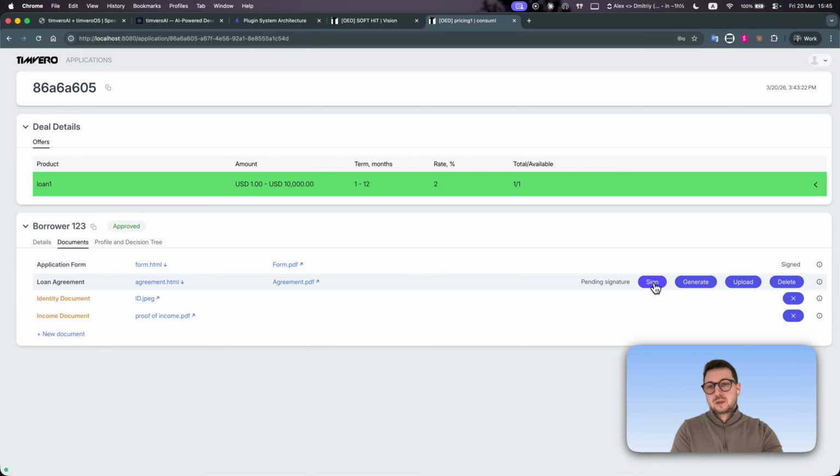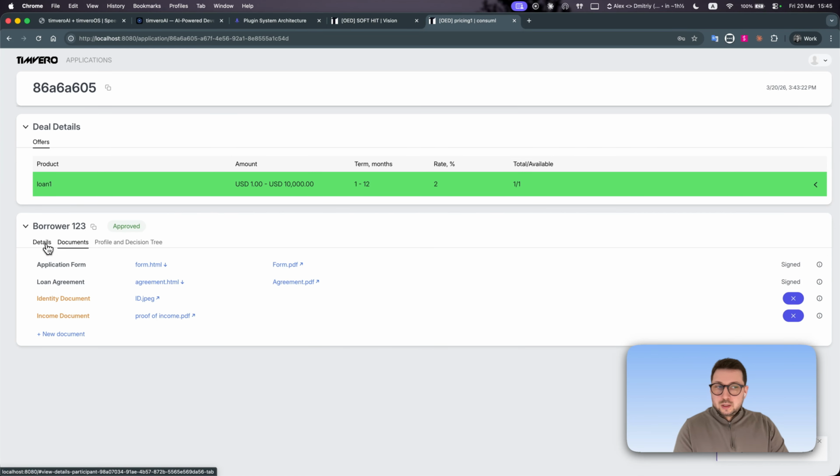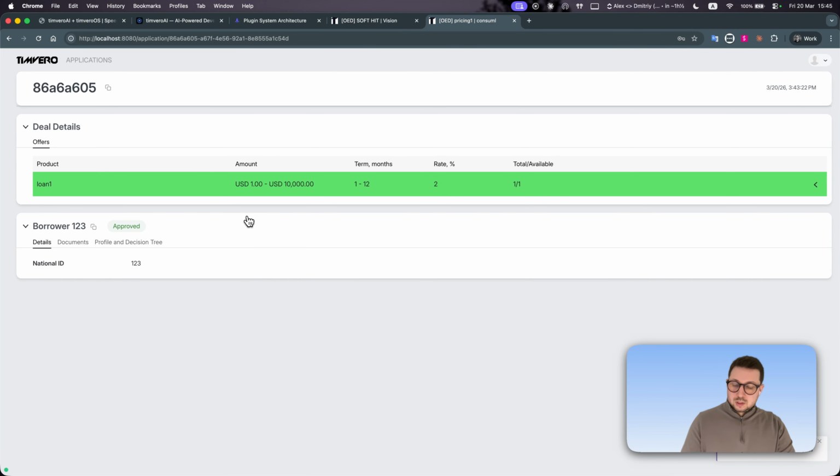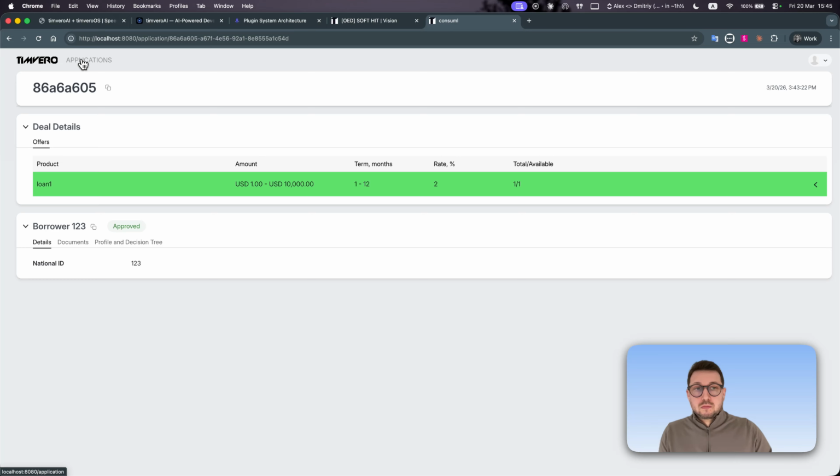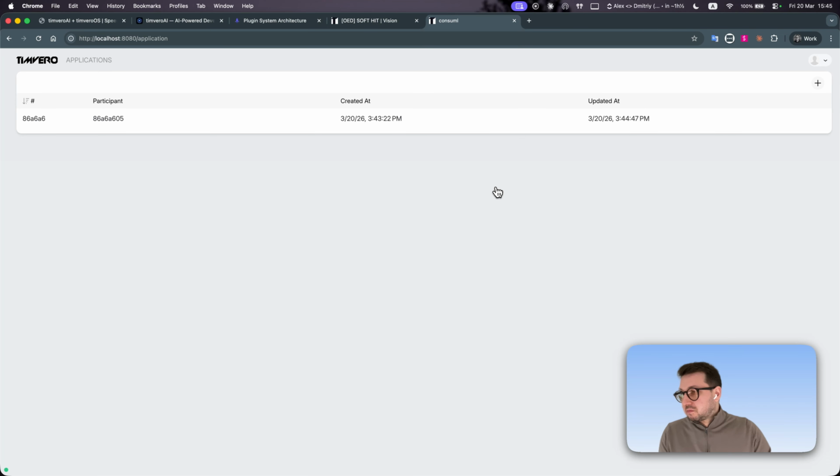But of course, you can extend our solution. We already have a few integrations. They can be just connected as part of the document module. Signed and all good. And that's it. So this one has been approved. So that's it. So in a matter of 30 minutes, basically doing not much ourselves, we were able to get